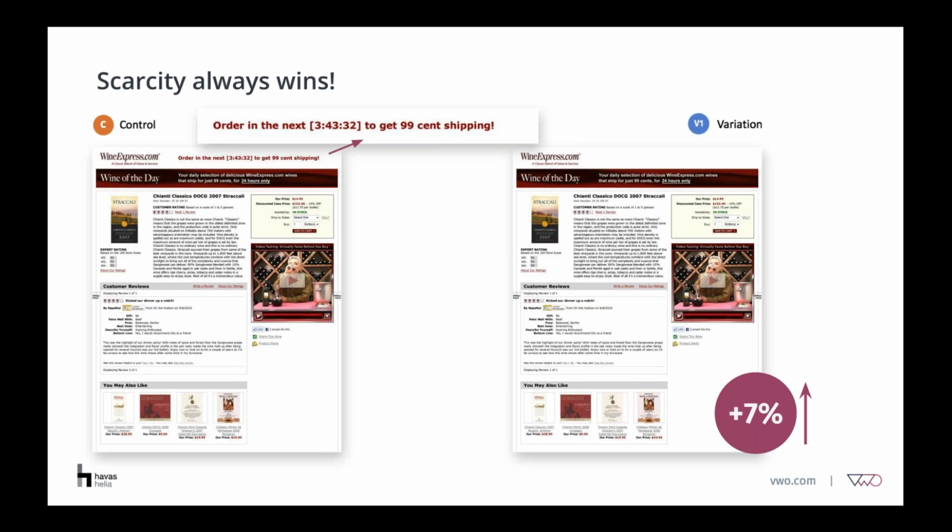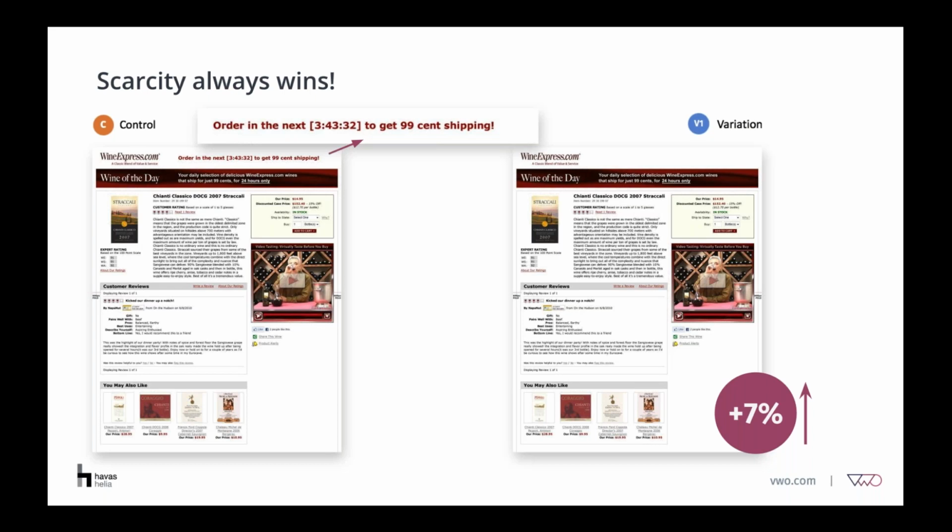So what we tried to do here is that we removed this sort of urgency or scarcity message, and that increased the conversion rate by 7%. Now this is again very surprising, but like I said, we should really understand what the buyer is, which in this case is a wine expert, a sophisticated person who might not like aggressive sales incentives. So again, the learning here is to understand the audience, understand the kind of buyer that you have, and the kind of website and the kind of business that you're selling, and then put such offers and always experiment.